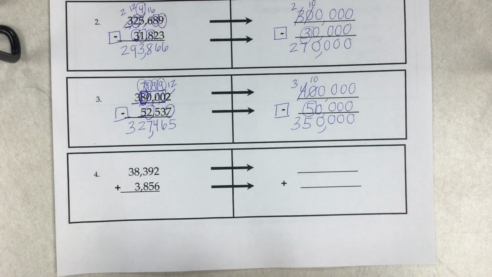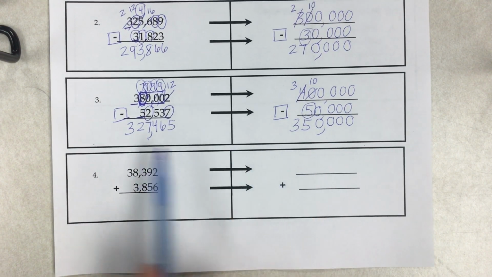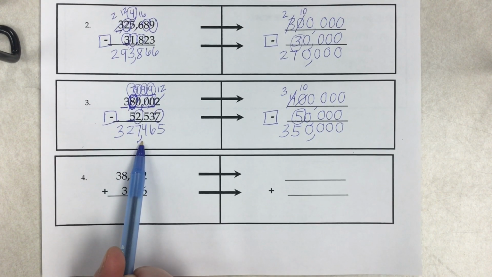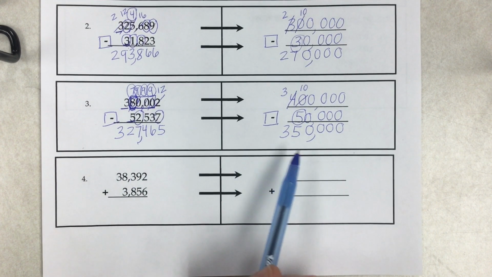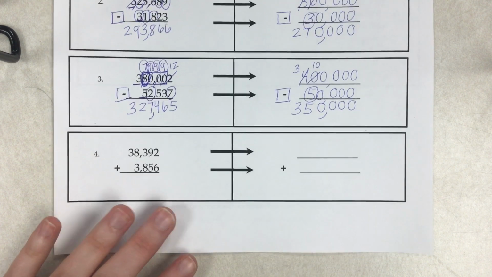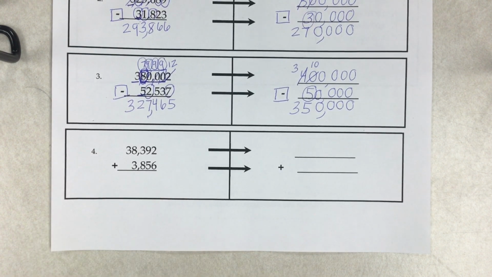So I get an estimate of 350,000, which is kind of close to 327,465. So it seems reasonable. You can use your calculator to check the difference if you'd like to see just how close you got. And now we're going to look at number 4. Number 4 is